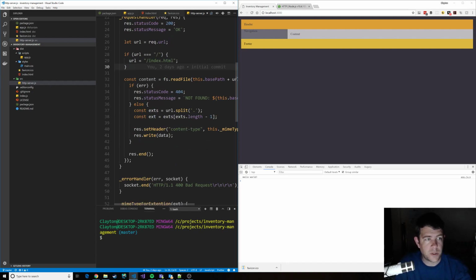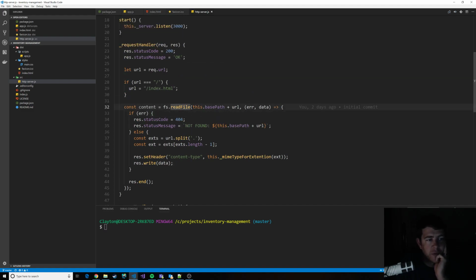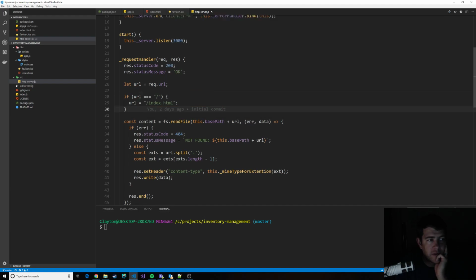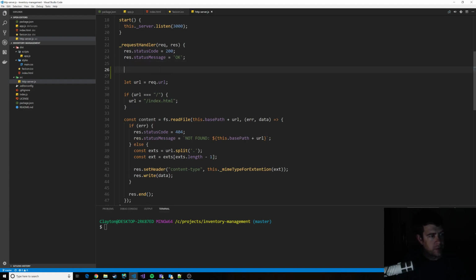For right now, we're going to play a little bit in here, which means that we don't need much of this, but we might use it a little bit. We'll see. Clear this out. Okay. So the only reason we need to read a file is if the request. So those are just our defaults. Let's do